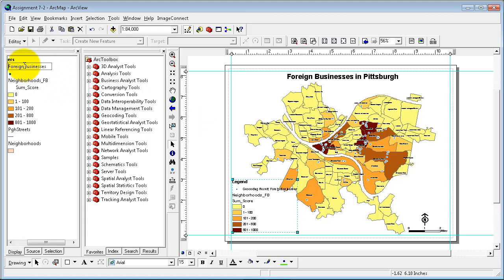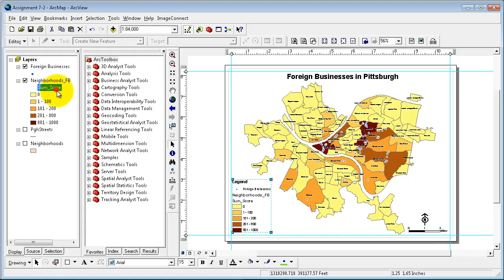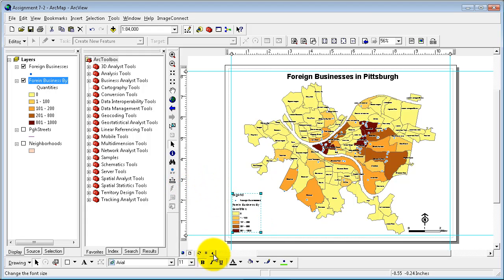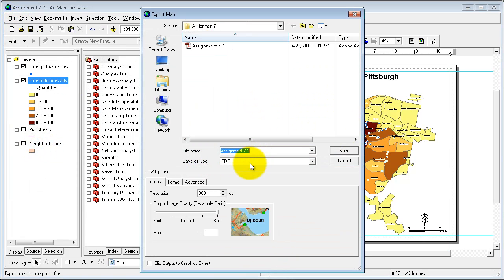Take out the geocoding result, and quantities. And export this map as PDF,